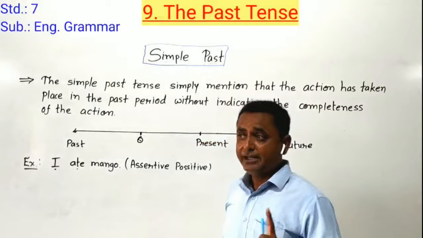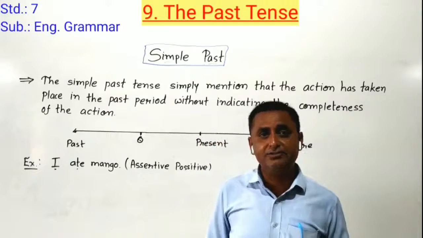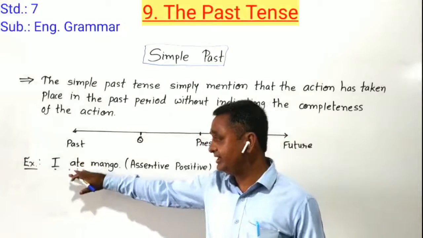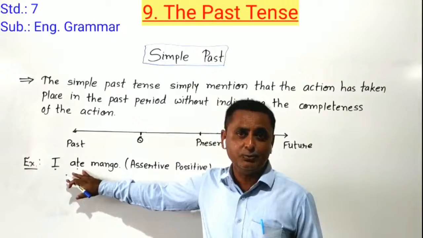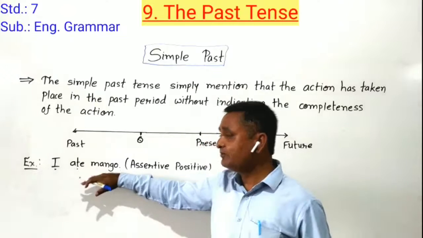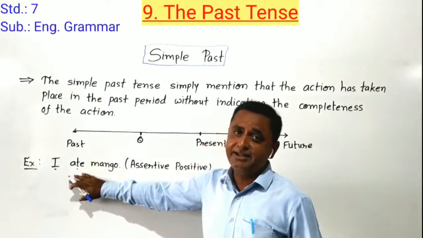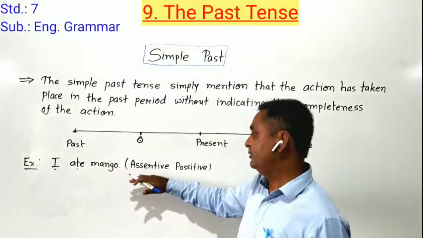If you have to convert any sentence into negative or interrogative, we require a helping verb. If a helping verb already exists in our sentence, then we don't have to import anything. Now we require did as a helping verb. So how do we convert the negative form of that sentence?